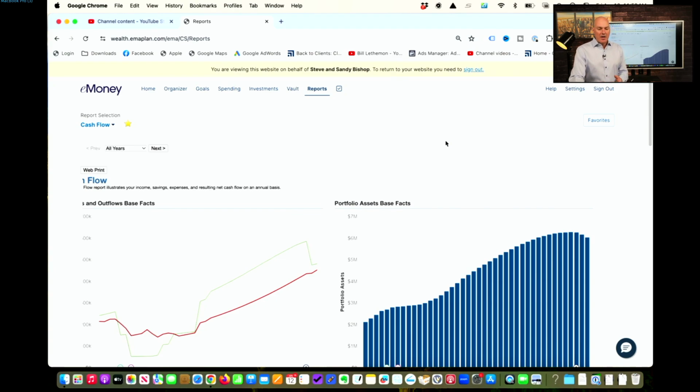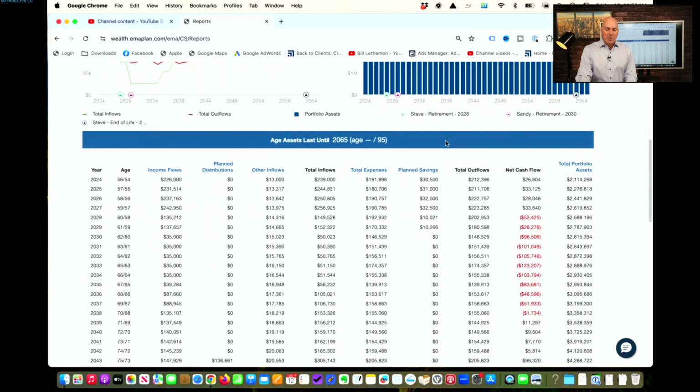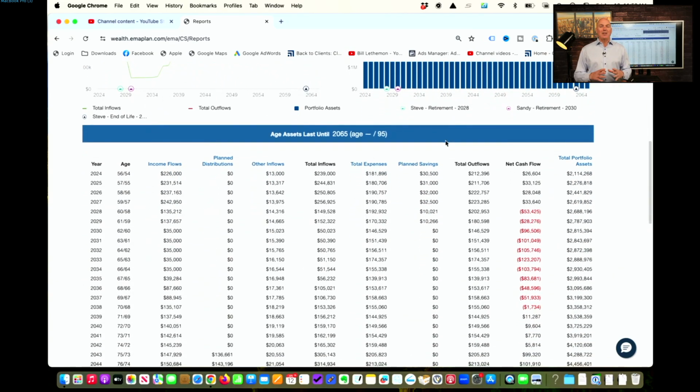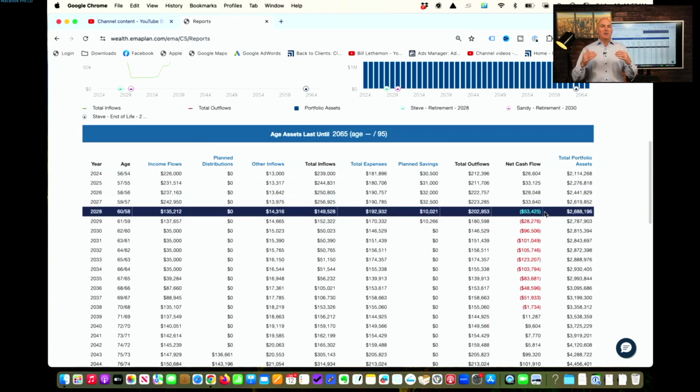Up here on the screen, though, we've got our Retirement Time Machine client portal on the cash flow report. And for clients that have built this all out, this makes it super easy to create that retirement withdrawal strategy. So we can see in this individual hypothetical client, they're still working for a couple of years, so the second column from the right has some positive cash flow. Hopefully that's your situation if you're still working. But as they go into retirement, we see those numbers change from black to red, meaning those numbers in red are the anticipated cash flow needs that are going to need to be withdrawn from some part of the portfolio.